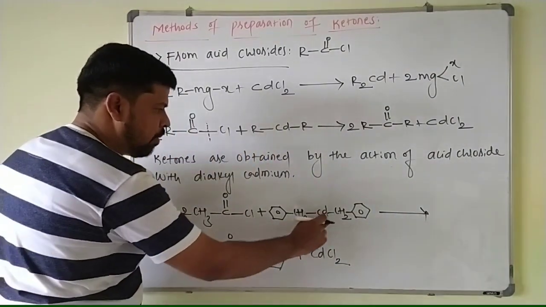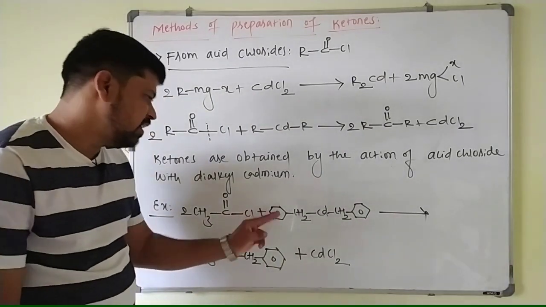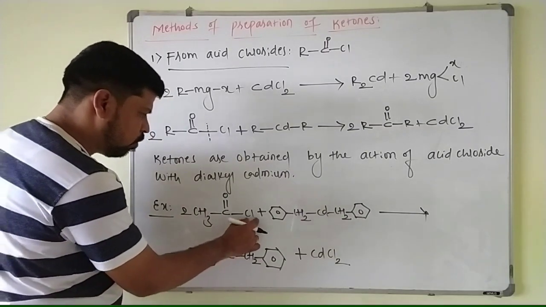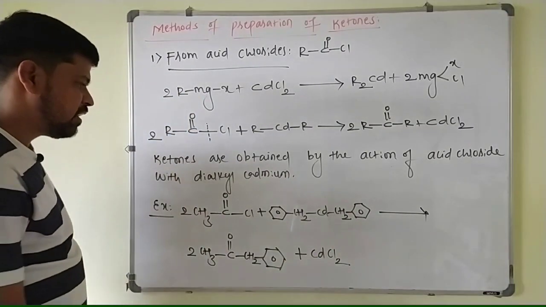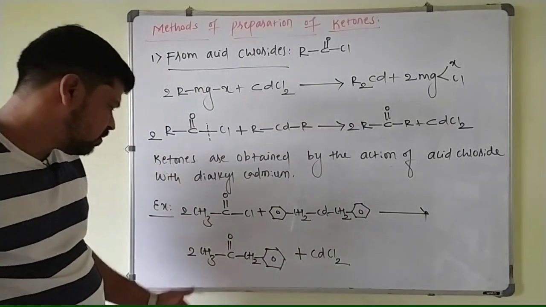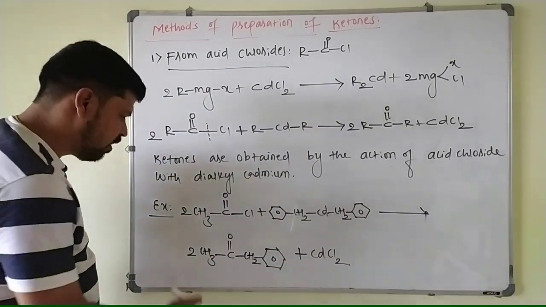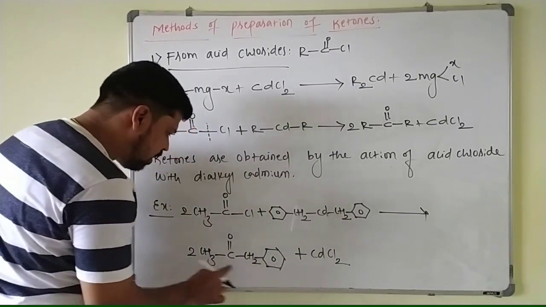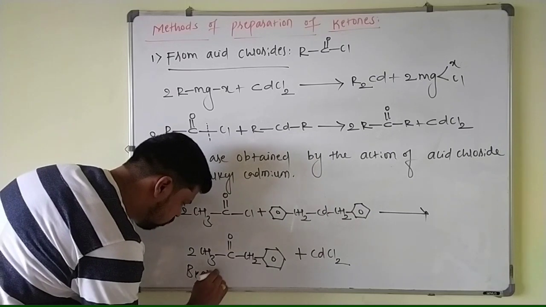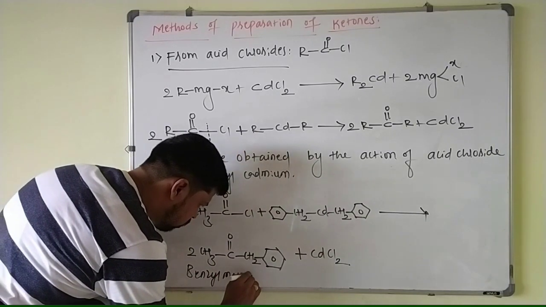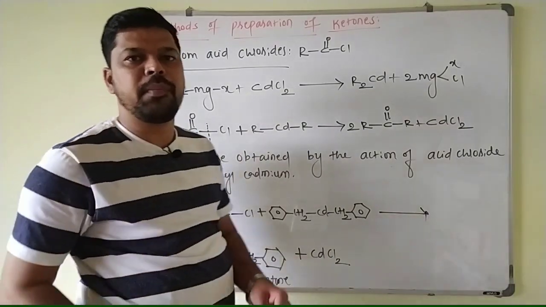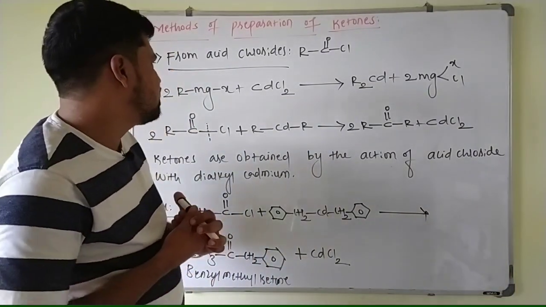These 2 chlorines will combine with 1 cadmium. Just there is an interchange of these alkyl groups and chlorine here. These 2 chlorines combine with cadmium and next these aryl groups are added to this carbonyl carbon. So that again you will get a ketone. Which ketone is it? This is a benzyl methyl ketone. So always keep in mind, for the preparation of ketone from the acid chlorides, this Grignard reagent